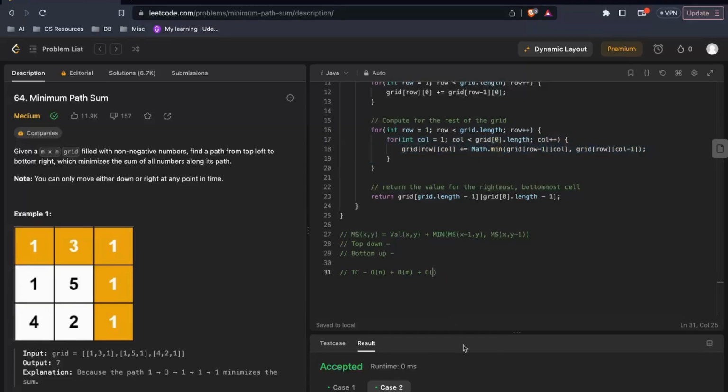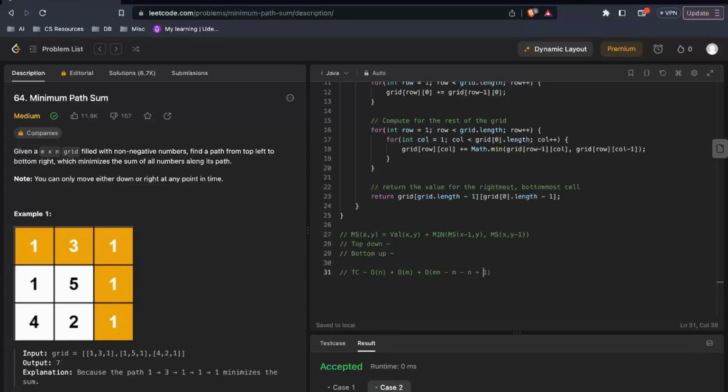So this is m minus 1 into n minus 1, which will be O of mn minus m minus n